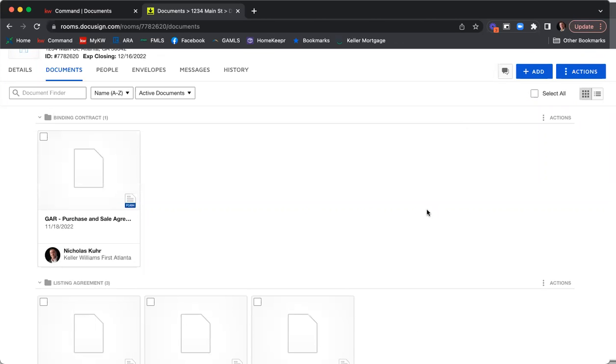All right. So now that we have all of our documents filled out, our next step is to send them for signature. The way that we send them for signature in DocuSign is with an envelope. And the way I like to use the analogy that Michael New shared with me for envelopes. So think of if you printed out all the GAR forms and you filled them in with pen in real life,